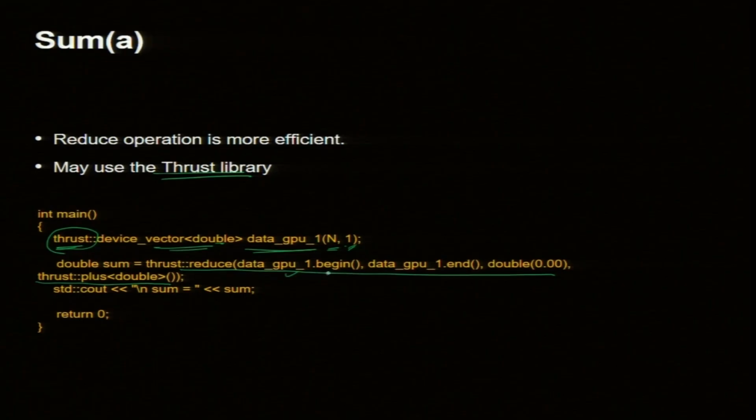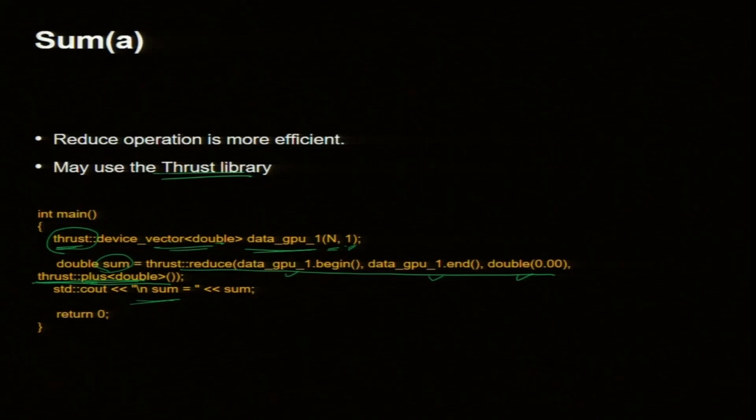So, data 1 begin to data 1 end, all the elements starting with 0. I could have an offset as well, sum plus a number, we can do it in one line, and I am using the operator plus. You could also do product and logical sum, all that can be done. This is my answer, sum. So, it is one line for doing sum, and this is supposed to be efficient. This prints the sum and returns, and this function will run on GPU.